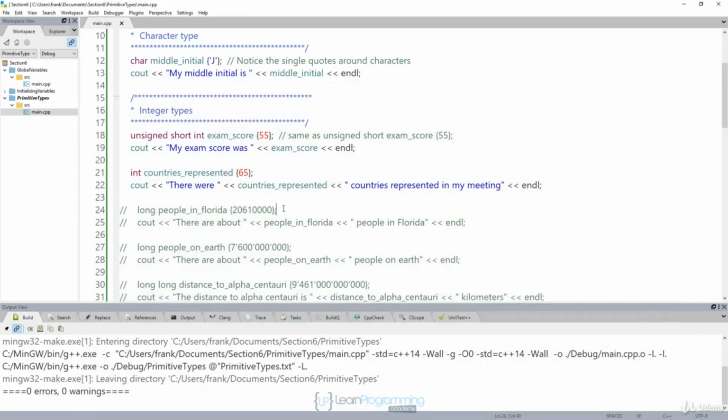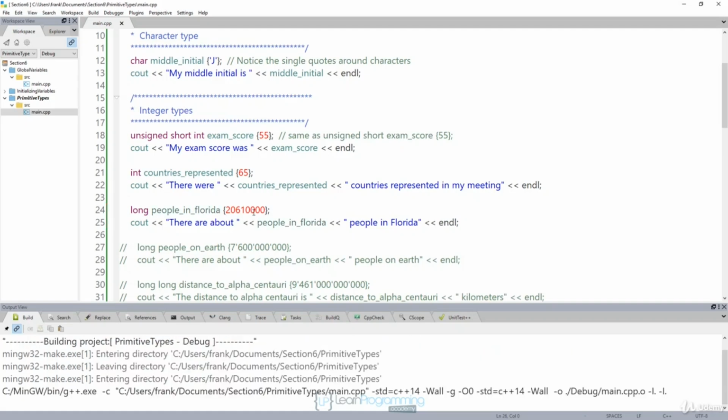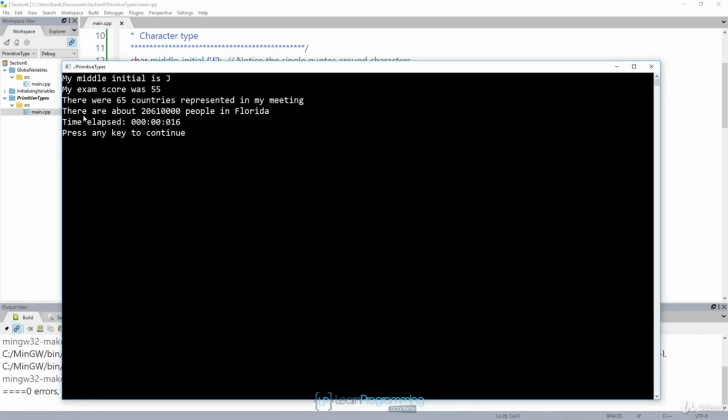Now in this case, we've got a much larger number. Let me uncomment these two lines. So now I've got people in Florida. That's my variable name. This is the state I live in, and there are 20,610,000 people living in Florida, the last I just checked on Google. So I'm defining this as a long. I'm hoping that that fits in the long. It's a pretty big number. I'm pretty sure it does. Let's try that. So I'll press Control F5 again. We'll run it, and you can see there are about